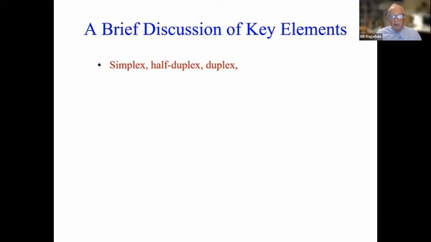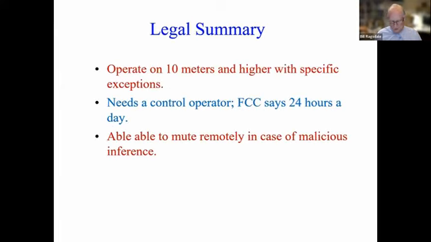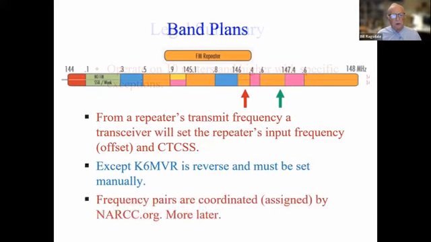Now, Zoom is essentially the same way. Whoever's talking the loudest on Zoom takes over the channel and the video. Simplex is one way only. This is like a television station. You do not talk back to a television station. You may yell at the TV screen, but they can't hear you. This is a misuse in the ham radio areas, because we often say we're using a handy-talkie to talk to someone else, we're talking simplex. Well, we really aren't. We're talking half duplex, because only one person can talk at a time. So that is just an element that we just have to put up with.